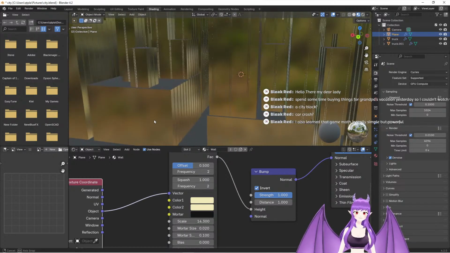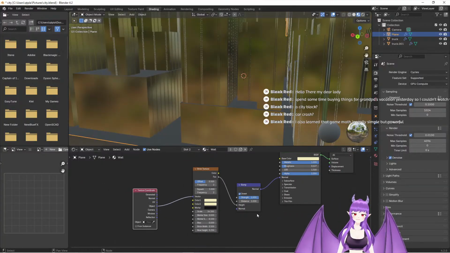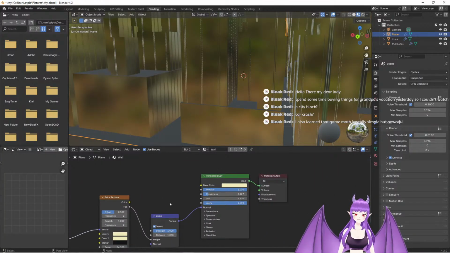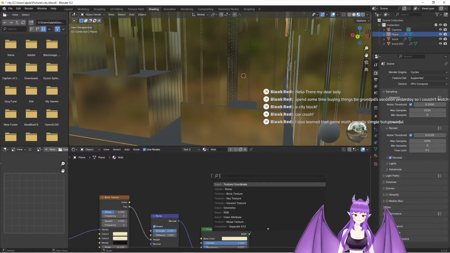At the moment, we're getting that weird stripy effect. Actually, to make it clearer,